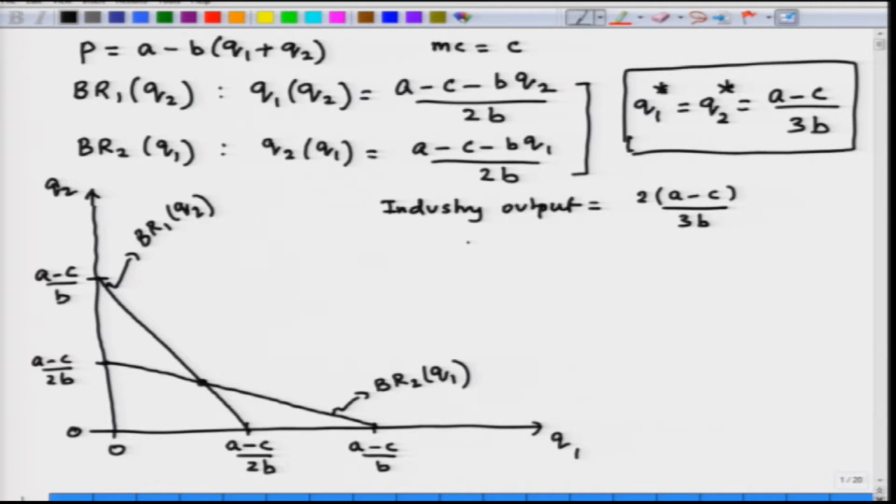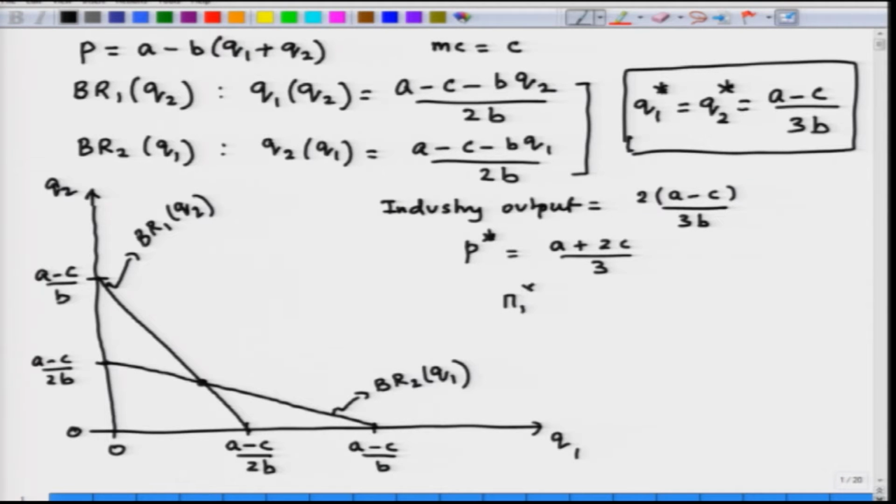Therefore, the equilibrium price in this market, which is A minus B times (Q1 star plus Q2 star), if I substitute the total industry output 2 times (A minus C) by 3B, we would get the equilibrium price P star as (A plus 2C) divided by 3,